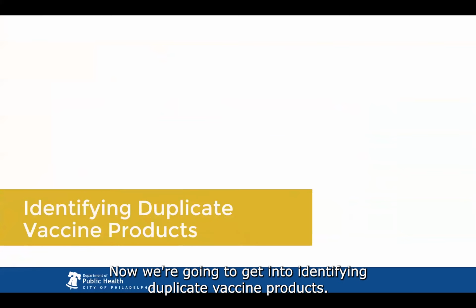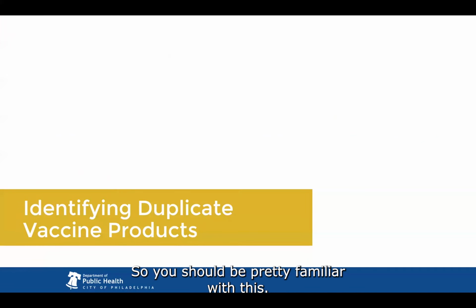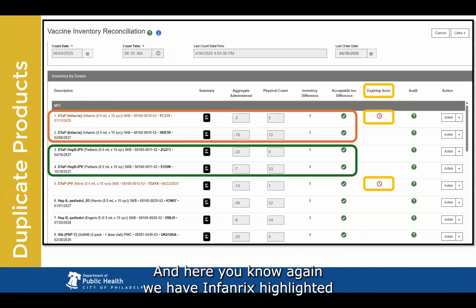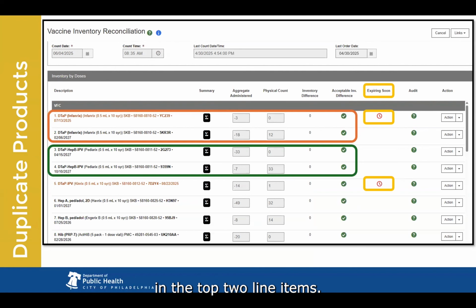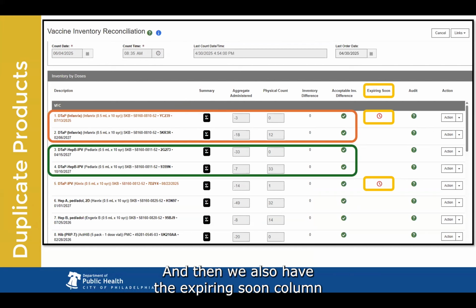Now we're going to get into identifying duplicate vaccine products. This shouldn't take too long because we did this in part one, so you should be pretty familiar with this. And here, again, we have Infenrix highlighted in the top two line items, and then we have Pediarix in the third and fourth line items. And then we also have the expiring soon column highlighted here, and it's not significant to this process here, but